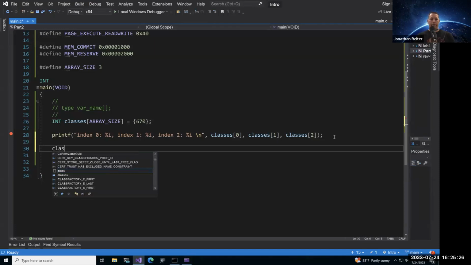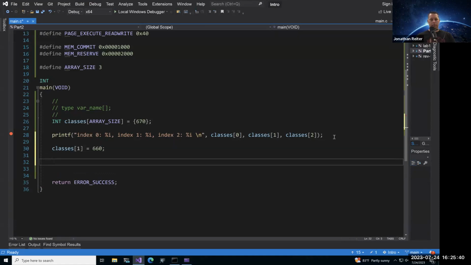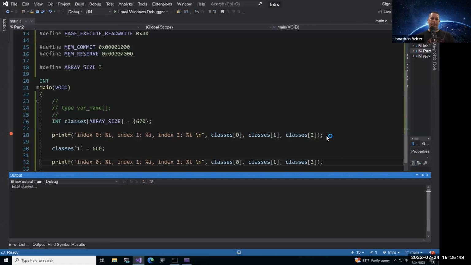So let's do that. Let's modify the classes array at index 1 and call this one 660. I'm just going to copy and paste that printf statement, put it down there, and build that.